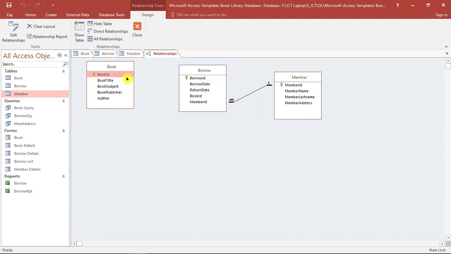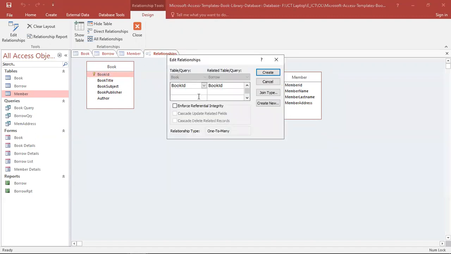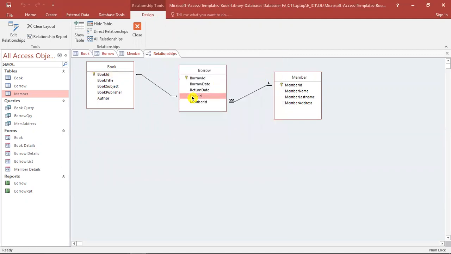Book ID is the primary key of the book table, and in the borrow table there is a field called book ID, which is the foreign key, and we can connect the book ID in the book table to the book ID in the borrow table. So a primary key and foreign key relationship will be developed if we do so. So we can make relationships between the tables.